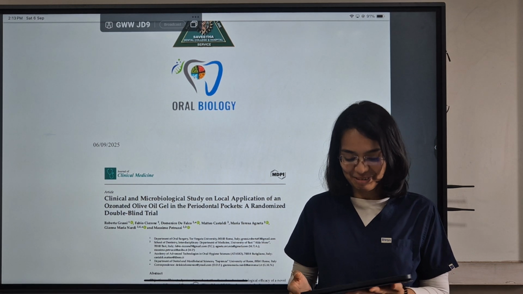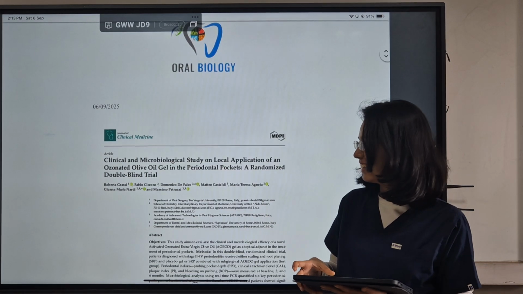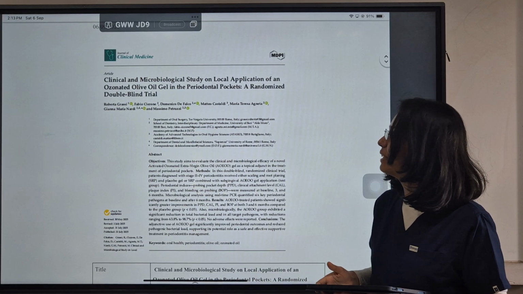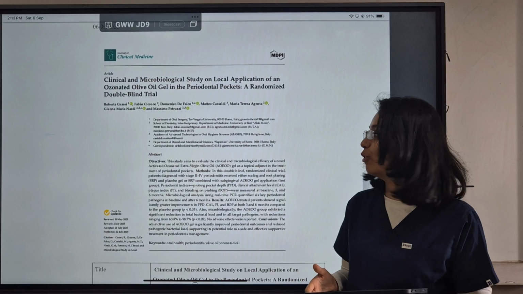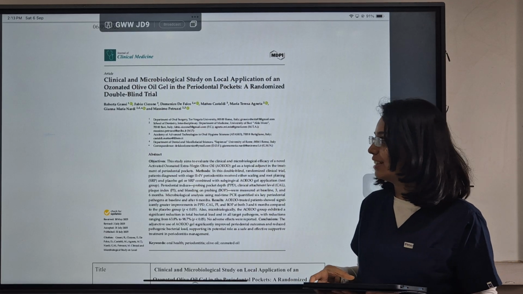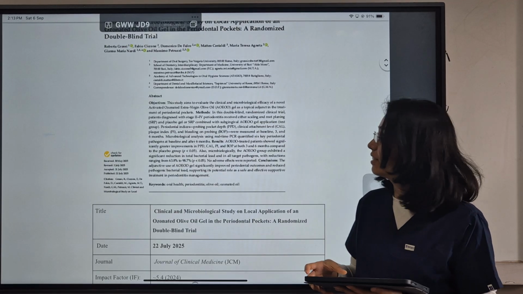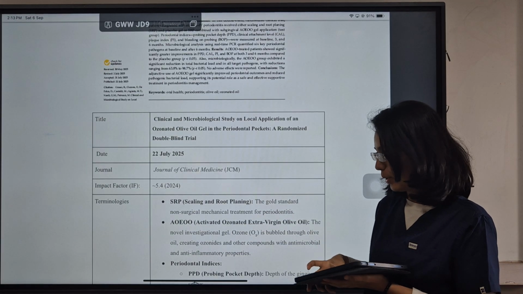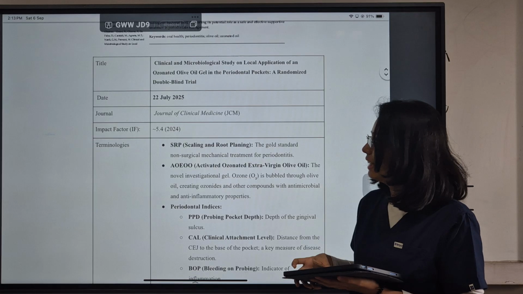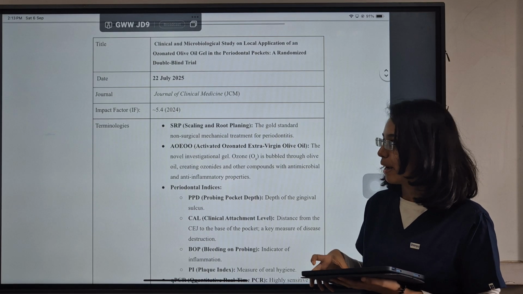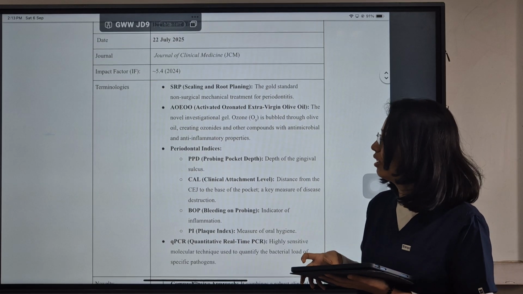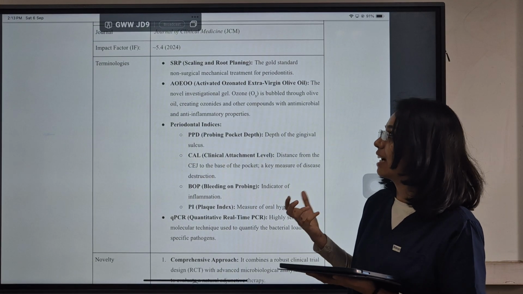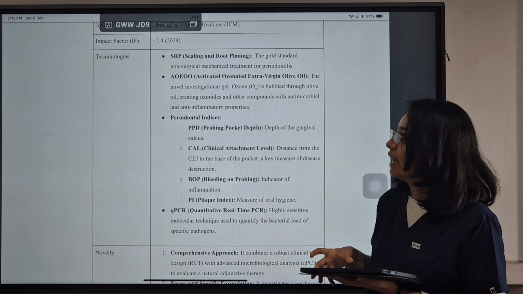So today I will be presenting my journal titled Clinical and Microbiological Study on Local Application of an Ozonated Olive Oil Gel in the Periodontal Pockets, a randomized double-blinded trial. This was published very recently on 22nd July 2025 in the Journal of Clinical Medicine, which has an impact factor of approximately 5.4. The terminologies which we need to know before proceeding are SRP, scaling and root planing,